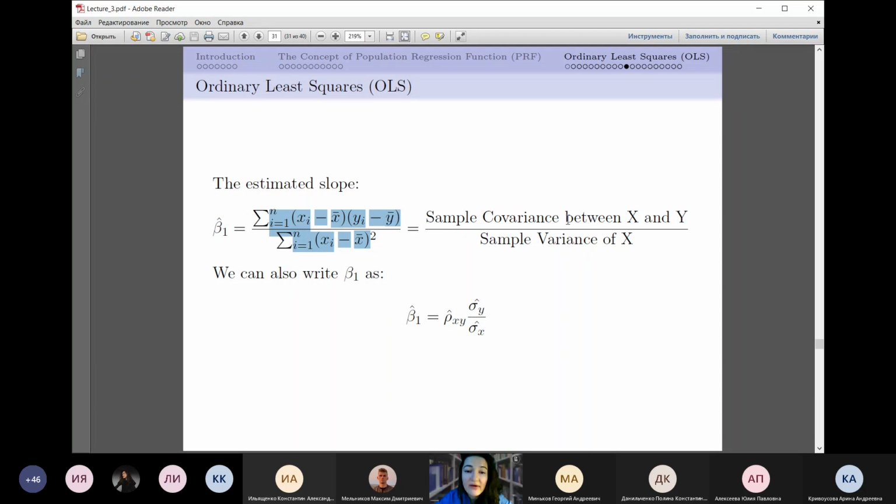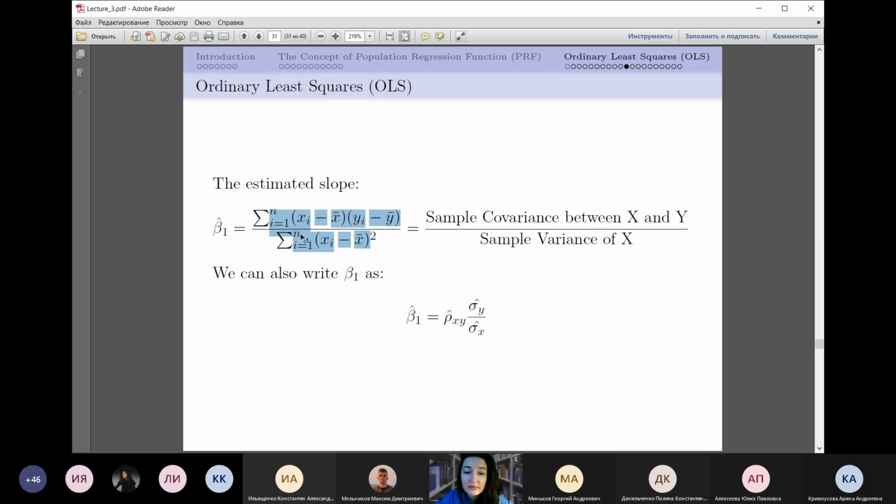So the higher the covariance between x and y, what does it mean? That the higher the slope. And the higher the sample variance of x,